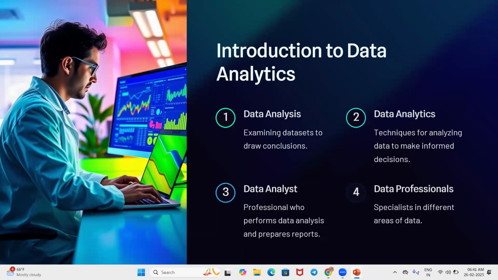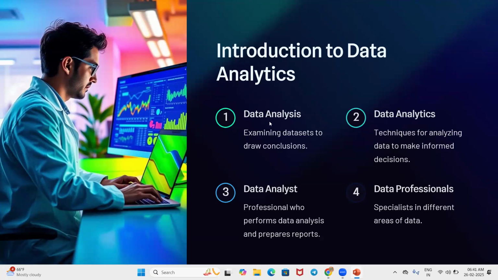Data analytics is a technique where we understand the data and create insights using various tools and technologies, with descriptive and diagnostic analytics, right? Similarly, who is a data analyst? The person who performs data analysis and also data analytics is known as a data analyst.